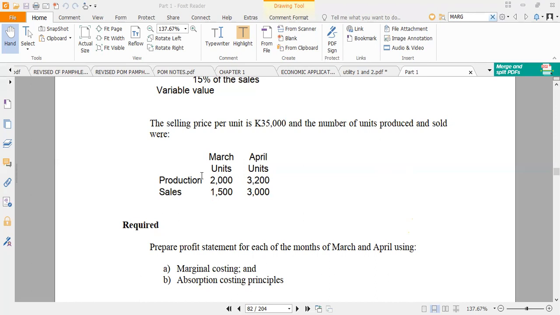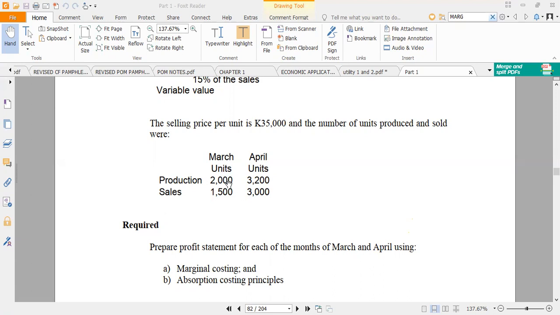And then for March, we only sold 1,500. We produced 2,000, meaning that 500 was a closing stock after we produced 2,000 and sold 1,500. Then it means that our closing stock was 500 units, which would have been the opening stock for April, plus our production of 3,200, meaning that the closing stock for April would have been